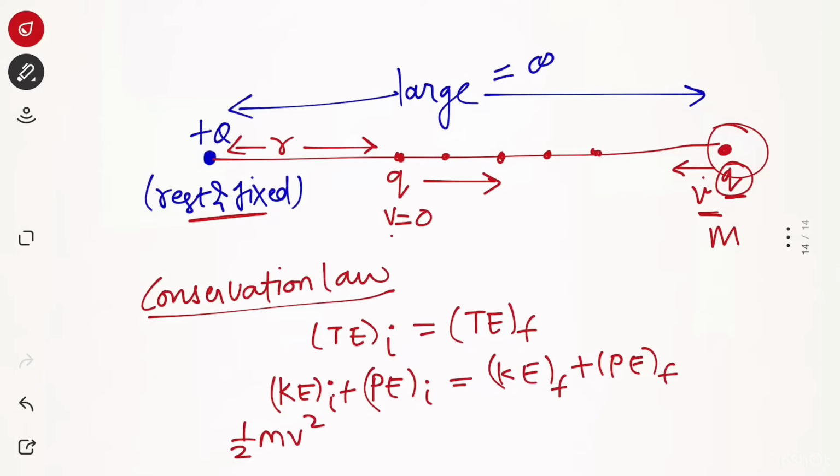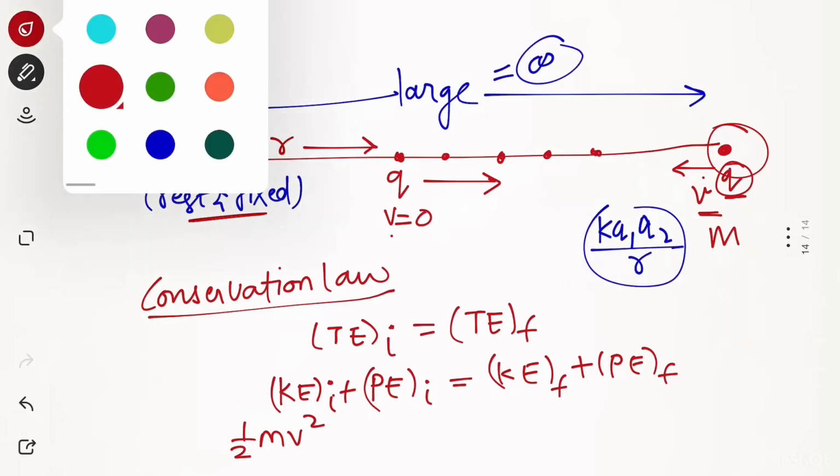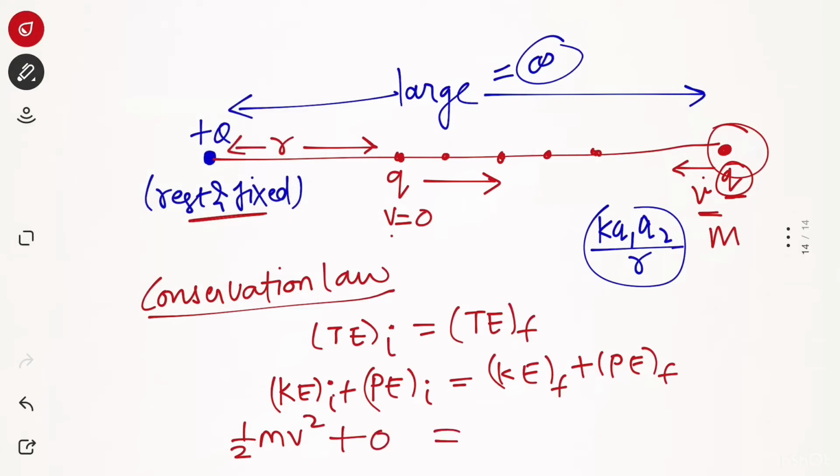Again, what is the potential energy? We can say in this case potential energy is similar to electrostatic energy, and for two charges we can directly write the electrostatic energy as k q1 q2 divided by separation. So initially the separation is infinite, so this denominator will be infinite and the whole term will become 0. Now here we can write that initially the potential energy of the system was 0. Finally here the speed of the particle becomes 0, so we can write kinetic energy will be 0, but for potential energy we have some distance now, so we can write k capital Q small q divided by r. So from this what we can write?